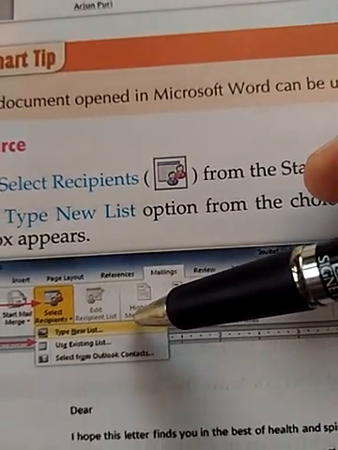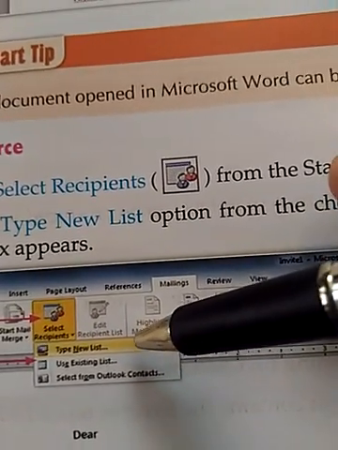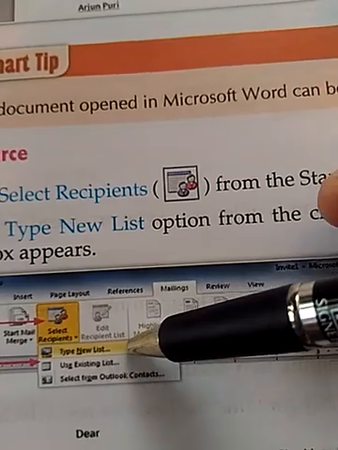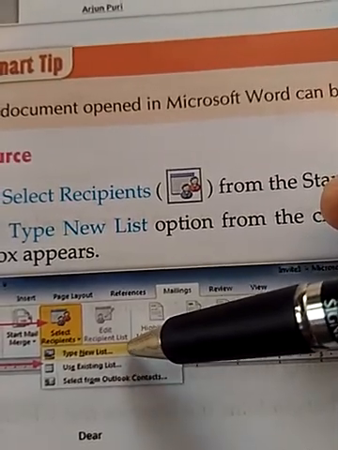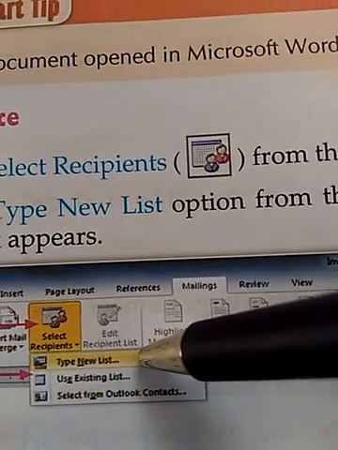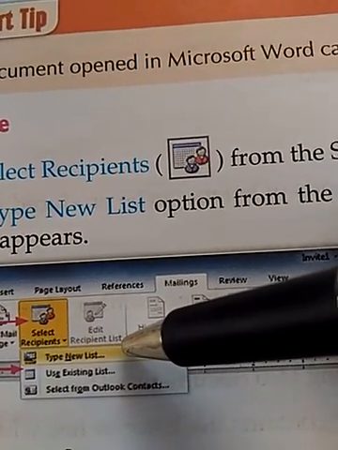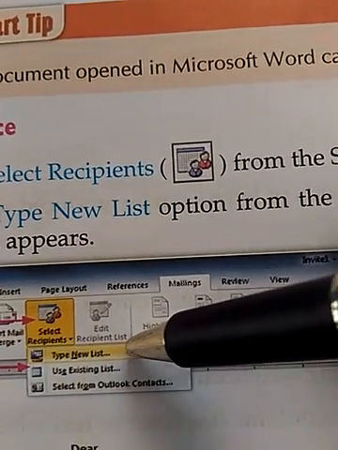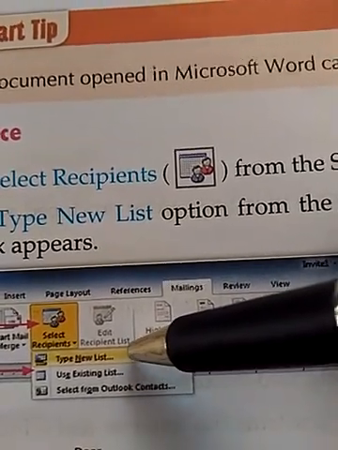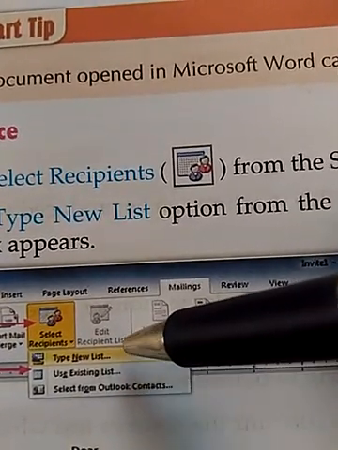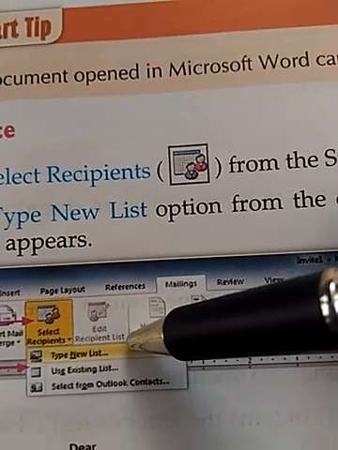Suppose for the first time you are creating the mail merge document, then you have to select this first option, that is type new list, because right now we are not having any list of any recipient. That's why we have to type a new list for the data source. And suppose if we are already having some